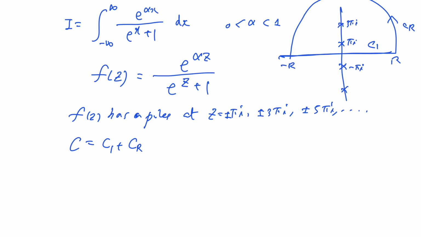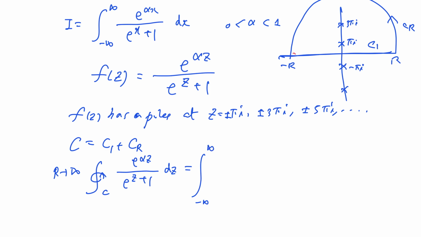Then in the limit as R goes to infinity, this integral basically becomes minus infinity to infinity on the real axis, right? So here z is x. On this real axis, z is the same as x, right? So this integral becomes